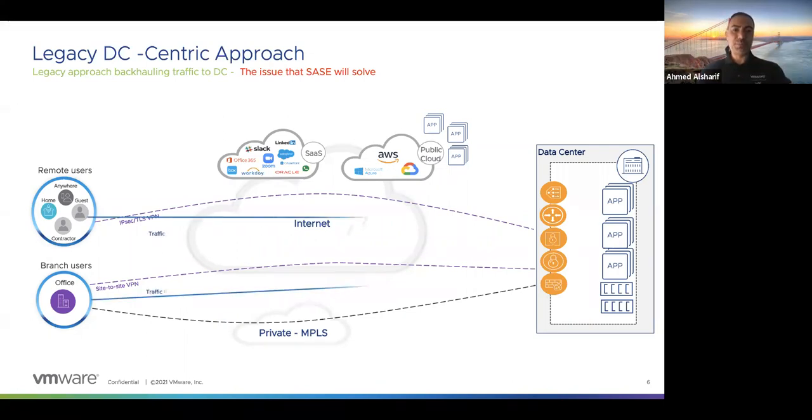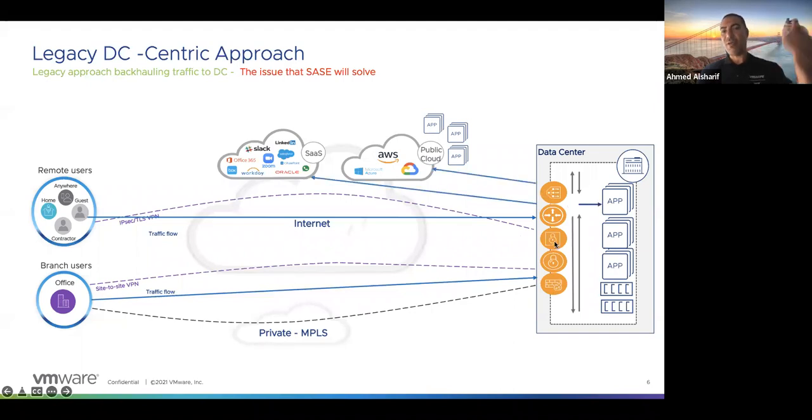Here is the traffic flow. Now, most of the traffic flow goes back to the data center somehow, virtually. Even if you have an SD-WAN, you're still backhauling the traffic to the data center just to utilize these devices. And then once you run the traffic over the IPS and firewall and all of these devices, the traffic can go to the local application or to the public internet applications. This is what's happening today for most of the customers. This hairpinning is what they call a data center-centric approach. The data center is in the heart of the communication.